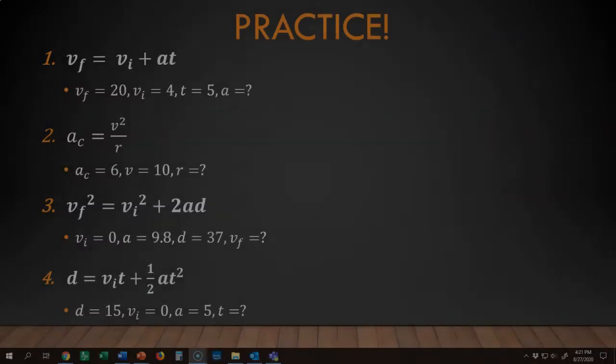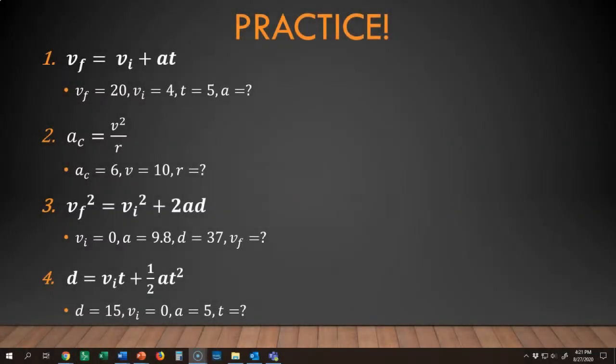Okay, so here's some practice problems that I want you to do. I want you to write down these equations. There's only 4 of them. The first equation is here, VF equals VI plus AT. Here's the second one, the third one, the fourth one, and then the givens or the known values that we